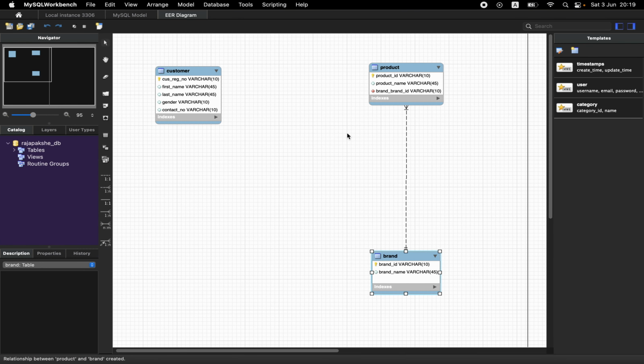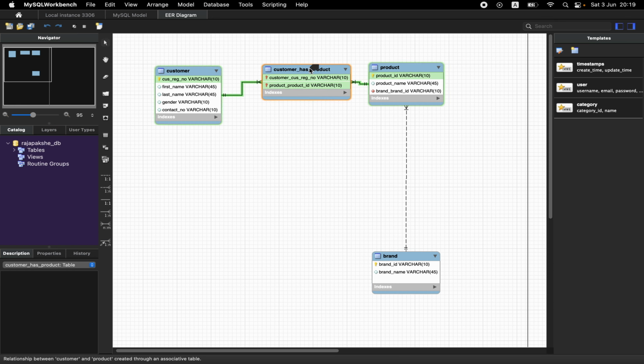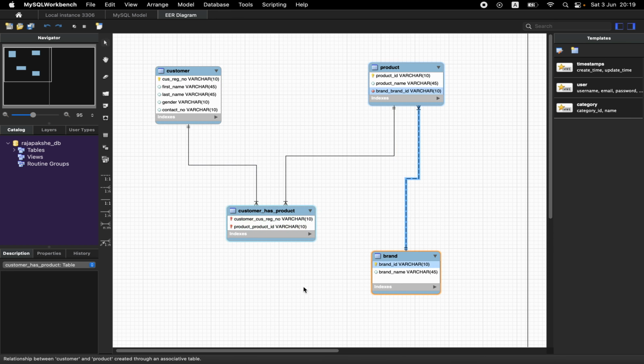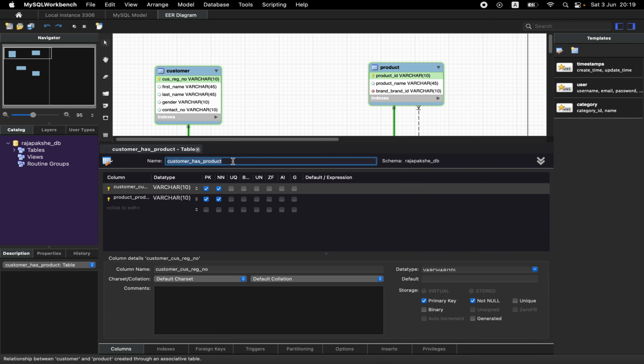But in a relational database, there are no many-to-many situations. Instead, it creates a new table and becomes one-to-many and one-to-many. I'll show it to you. Create a many-to-many relationship by clicking on this icon and click the customer entity and product entity. So now, as I mentioned, a new entity or a table is created. First, I'm going to change the name. This is the default naming convention, customer has product. I'm going to change this to